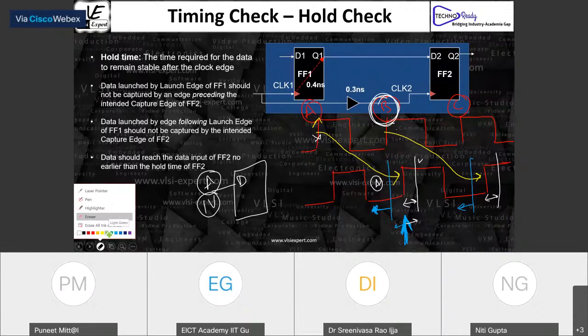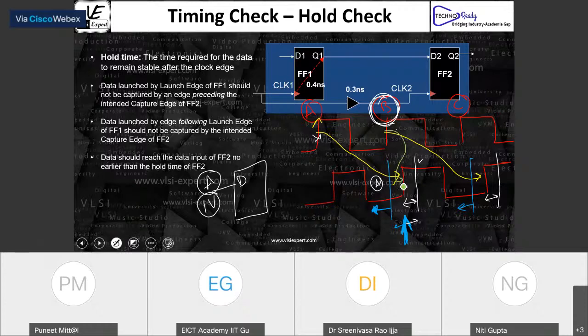And for that, if I talk about the edges, you will say this is my edge. This edge is going to be the hold edge, and this is my setup edge.